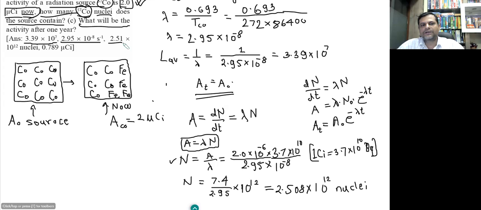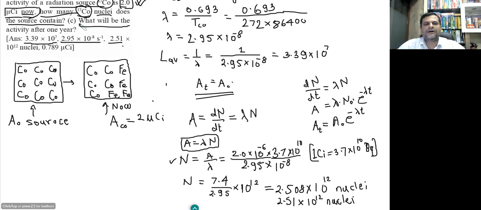We can approximate it and write it as 2.51, multiplied by 10¹², that is the number of nuclei present at that instant when its activity becomes equal to 2.0 microcurie. Now the third part of this question: